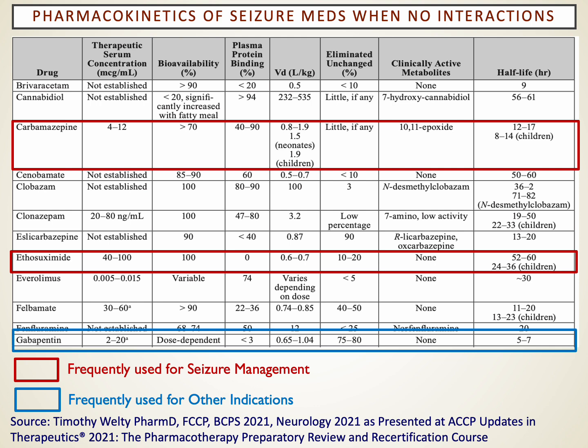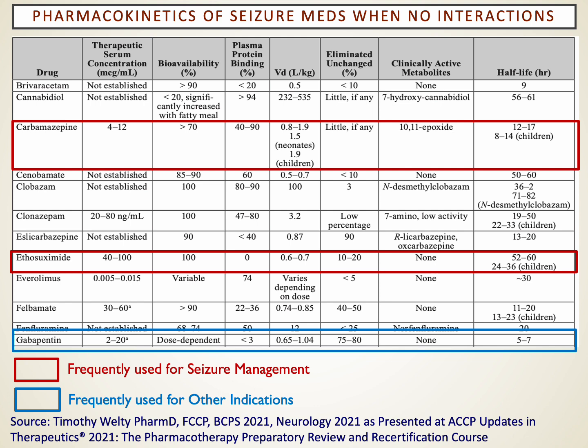Third agent that you will see used pretty frequently in practice is gabapentin. Not so much in seizure control, but in neuropathic pain. And this is renally cleared. And so when you think of gabapentin, you worry about full-blown doses of gabapentin in a patient with renal insufficiency where they accumulate it. So we usually will titrate the dose until their nerve pain is better, or they start to get dizzy, somnolent, or have trouble driving or something like that.